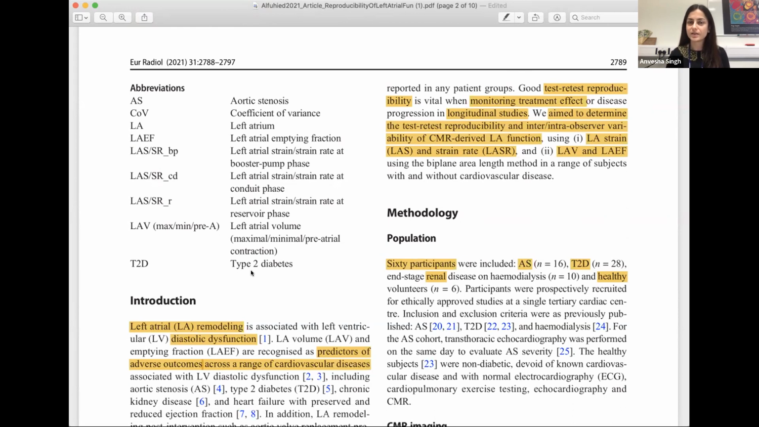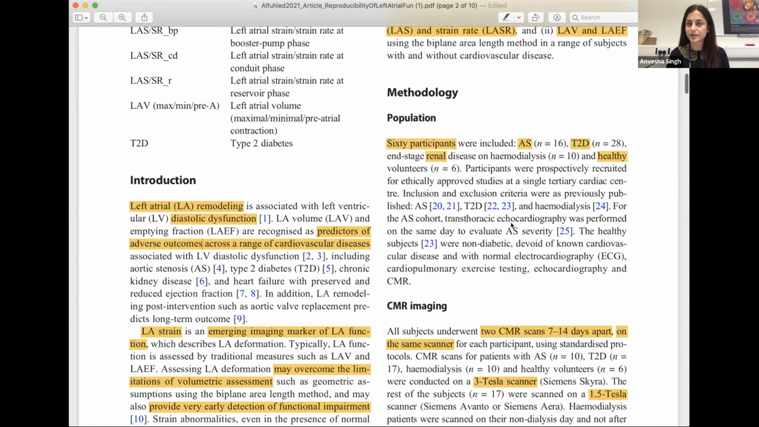So with this in mind, we set out to assess the test-retest repeatability or reproducibility of CMR-derived LA function. In particular, we want to look at LA strain and strain rate, but also the routine LA volume and emptying fraction for comparison. We did this by recruiting 60 participants with a range of cardiovascular and non-cardiovascular diseases. The majority of the patients had disease, including aortic stenosis, type 2 diabetes, end-stage renal disease, and we also had